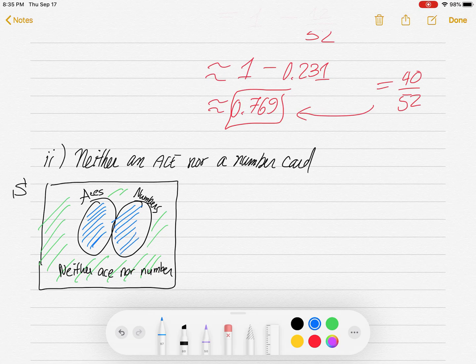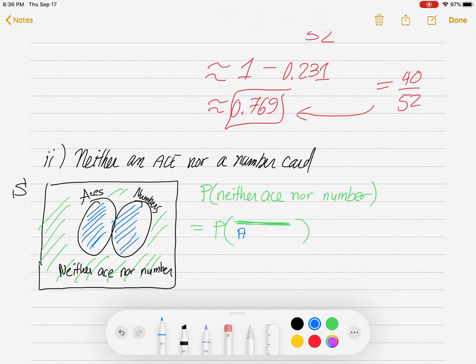That's what the blue would be, the aces or the numbers. So it turns out that the green is the complement of the blue. So the probability that you get neither ace nor number,